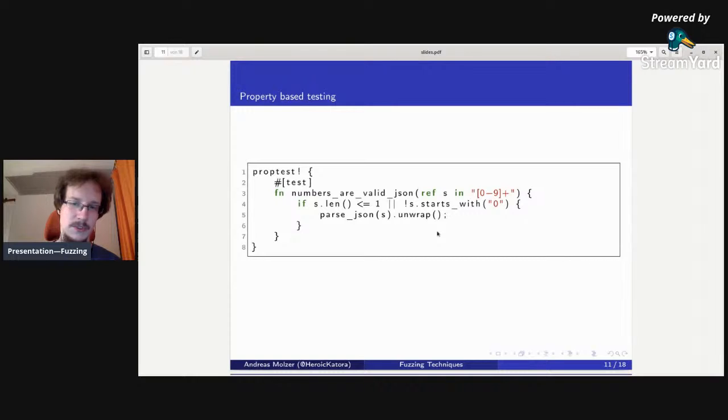So obviously we could write a fancy regex for that, right? We could adjust our regular expression to match the pattern and the pattern that we don't start with 0. But I wanted to show how you can combine these different techniques. Here, if the number starts with a 0, then we just don't do anything. And then obviously we can't crash. And since the fuzzer tries to find a crash, it should avoid numbers that start with a 0 quickly,